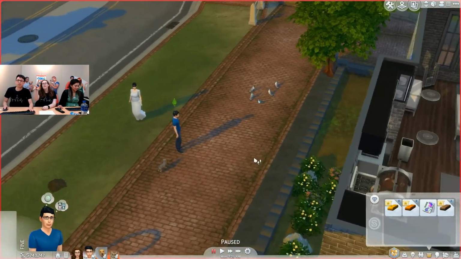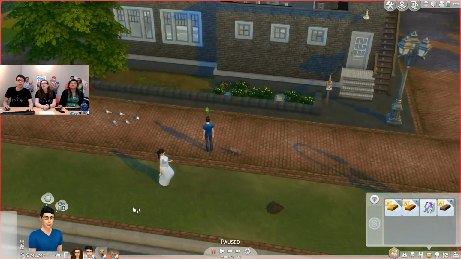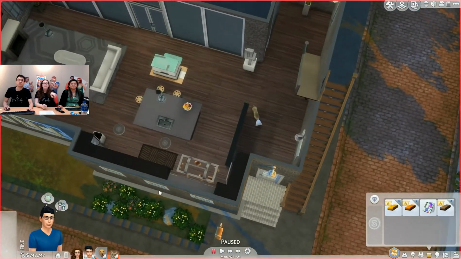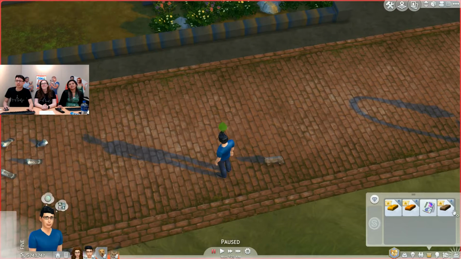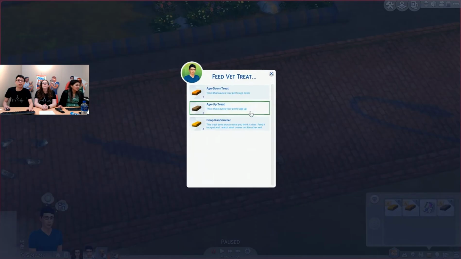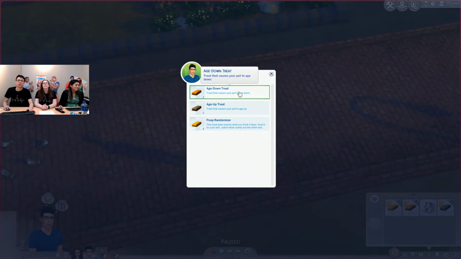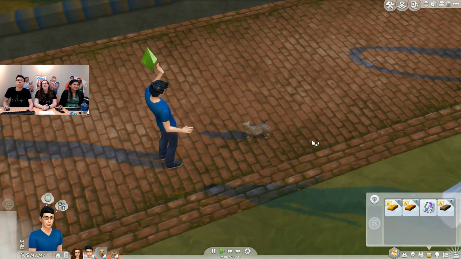Okay, so now we have these treats. Can we do the age down treat on our cat here? On your cat, Sammy? Yeah, Sammy's right there next to you outside. Oh! Hi, Sammy. All right, which one's age down? Okay, let's give her a vet treat. Age down. Randomizer. Yeah, we could also give your pet. Why don't I just go with the age down? You're no fun. Well, I can do the other one later, but I want